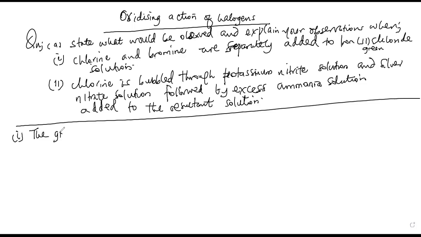a green solution turns brown. That is in each case. In each case, the green solution turns brown. Right, so explain your observation here. You need to first show me how chlorine and bromine are oxidizing agents. So the explanation would be